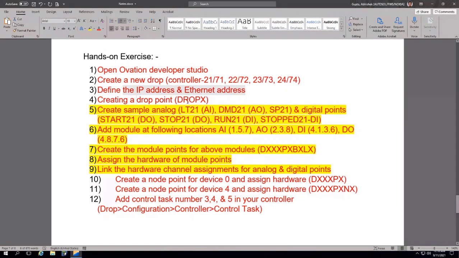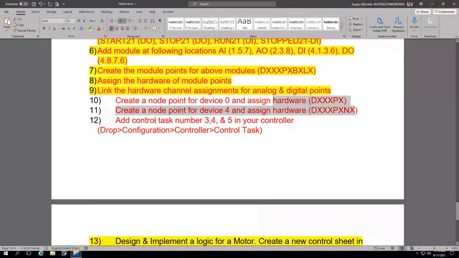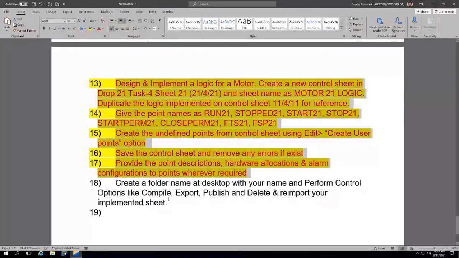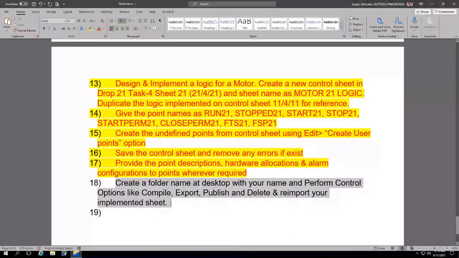You can make a drop point. You can create some points. You can add a module. You can create a module point. You can assign the channel. You can create a node point. You can assign the hardware of a node point. You can add a control task. You can design and implement a control sheet within the control task. And after that, you guys would be comfortable with the control options as well, right?